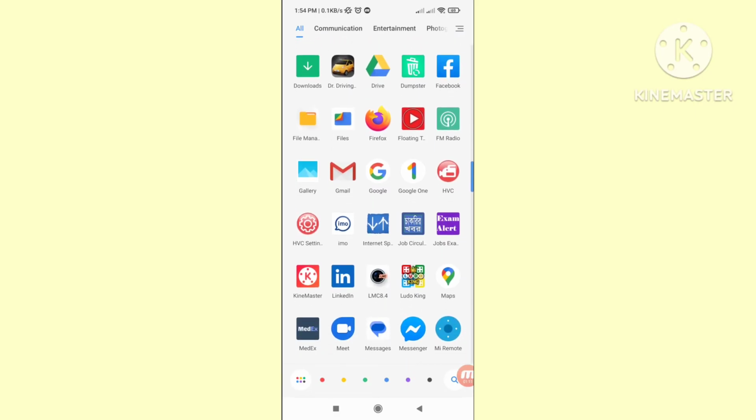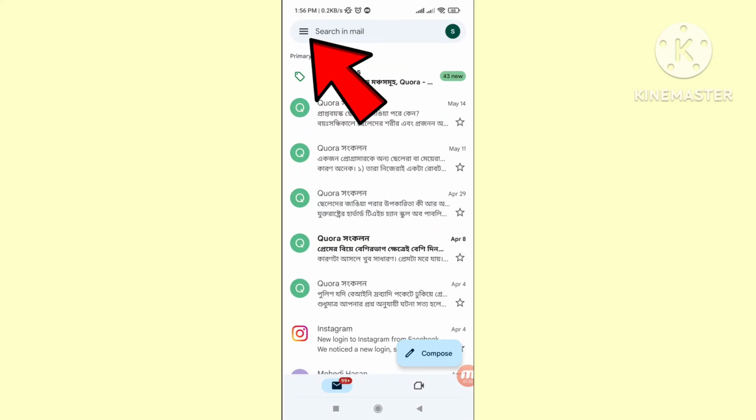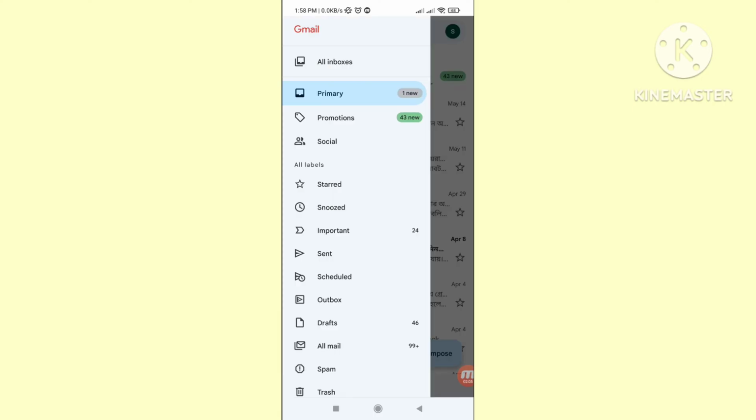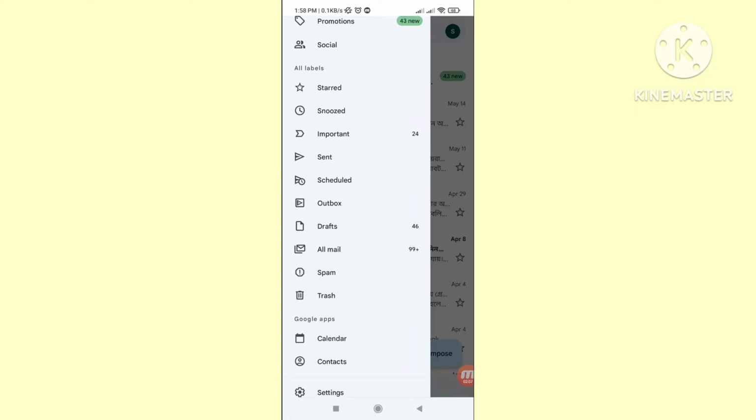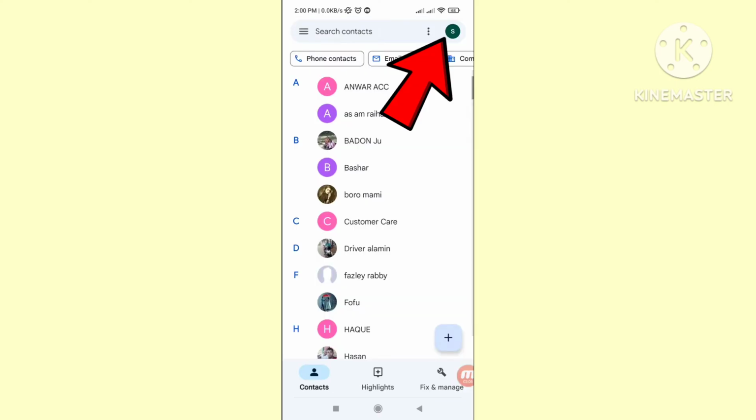So first of all, go to your Gmail. Here you can see your Gmail, open it, and then you can see the three-line button option in the left top corner, click on it and then scroll down, and then you can see contacts, so click here and open contacts. Then you can see your Gmail or Google account profile picture in the right top corner, click on it,